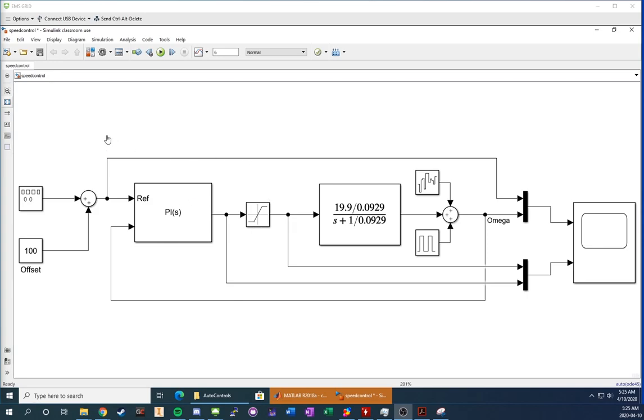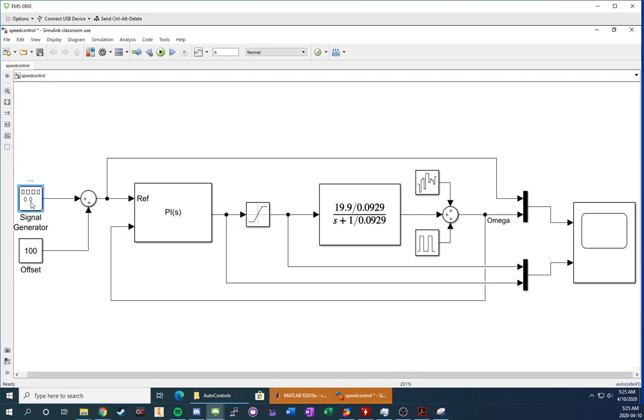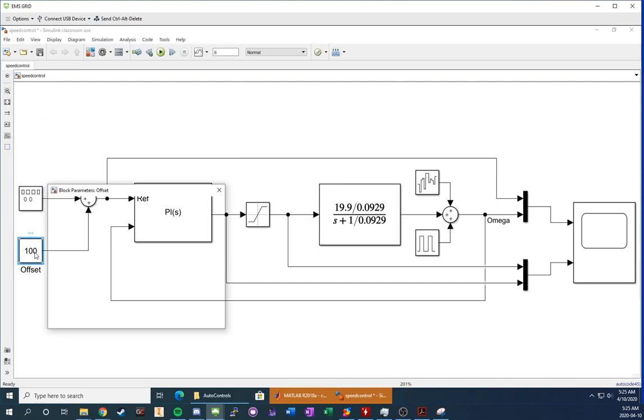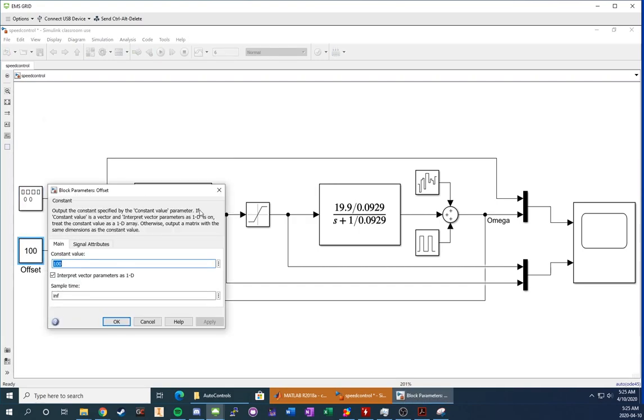So first off, we have a couple different elements here. On the far left, we have the signal generator block. If we were to open that up, we have the option to do multiple different waveforms, as well as change the amplitude, the frequency, and a couple of other settings. For the offset, we're going to be just using this constant block where we have the input at a